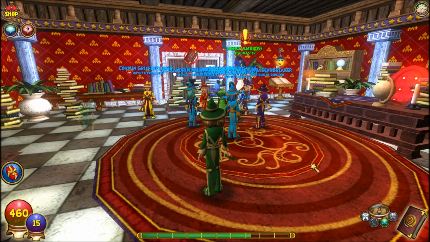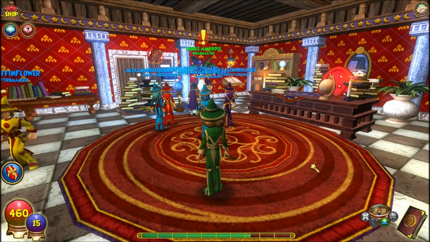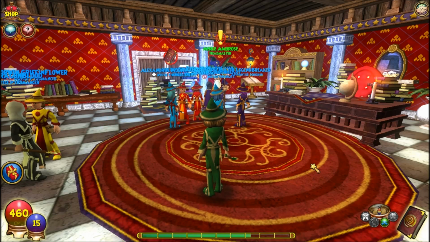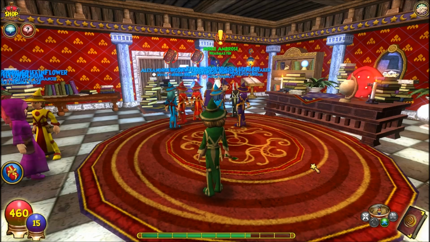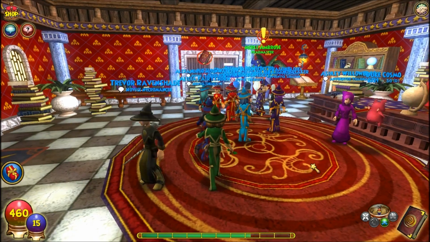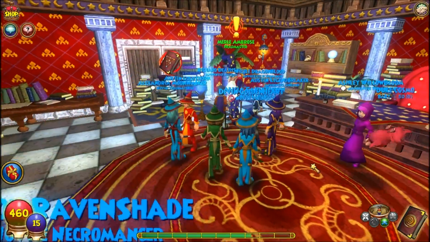So in the previous episode, we did the tutorial of the beginning of Wizard101, the game, and we arrived in Merle Ambrose's office. Now when you see an exclamation point above a person or animal's head, it means they have a quest for you. And so we're going to go up and talk to Merle Ambrose and see what he